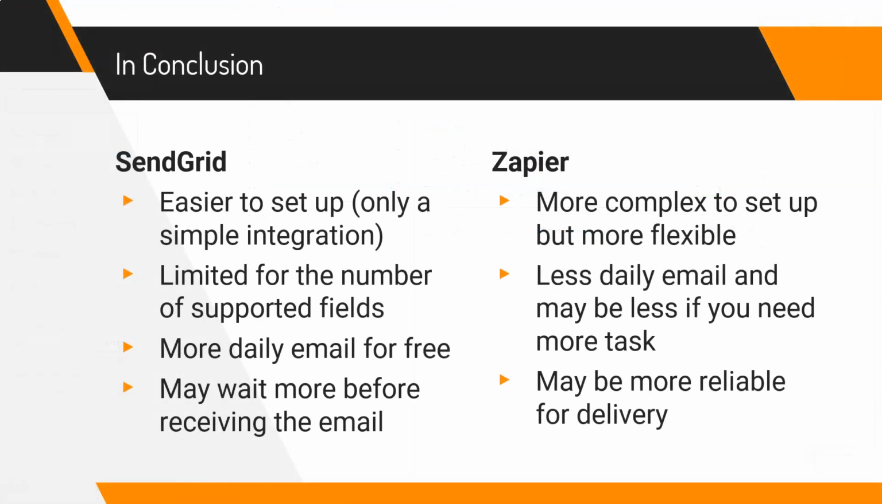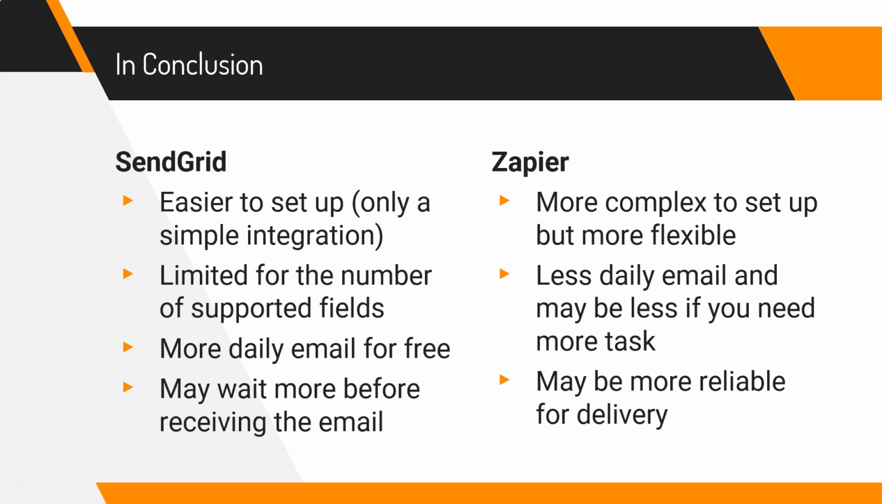So in conclusion, between the solutions of SendGrid or Zapier, SendGrid is easier to set up because you have a simple form integration. You can simply select the integration and you're good to go if you have the right field names. On the other hand, you are limited on the number of supported fields, so you cannot have anything other than the message, the from, and the name of the person contacting you. Finally, you have more daily emails for free, 100 per day, which is nice. But you may have to wait longer before receiving the email, since we may have some